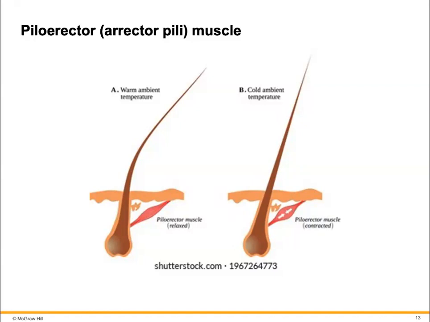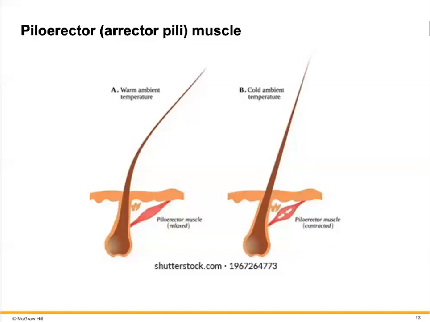And again, evolutionarily speaking, it doesn't contribute a lot to body warmth, so it may not have a true function anymore. It's something that we refer to as a vestigial trait,